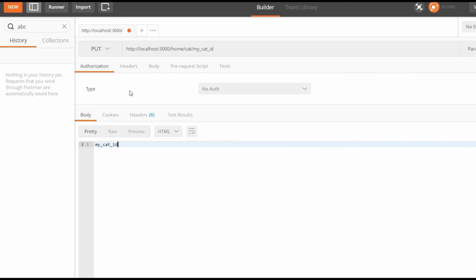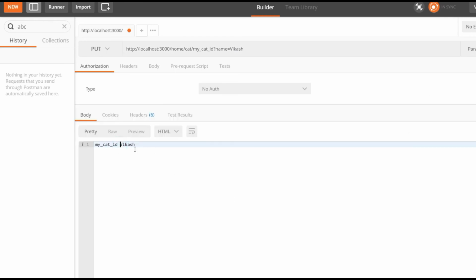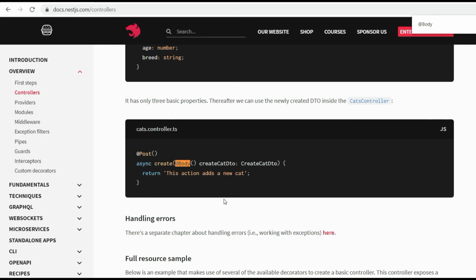To verify this, I'll pass a name query equal to my name, Vikash, and see if it works. Yeah, id space name.